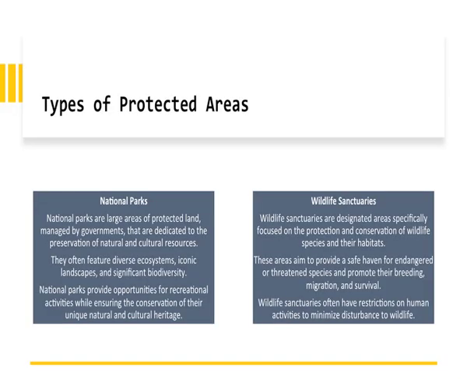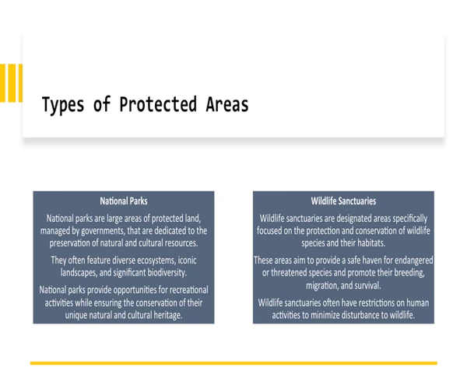Now, what are the various types of protected areas that we should know? Number one is national parks. There is a very thin line of difference between a national park and a wildlife sanctuary that we will be seeing here. National parks are large areas protected and managed by government that are dedicated to preservation of natural and cultural resources. They often feature diverse ecosystems, iconic landscapes and significant biodiversity. National parks provide opportunities for recreational activities while ensuring the conservation of their unique natural and cultural heritage. There are so many national parks which are famous globally and also in our country, which attract a lot of tourists